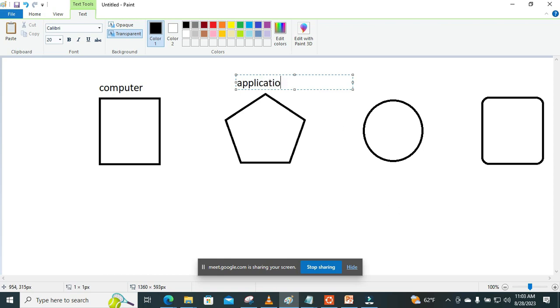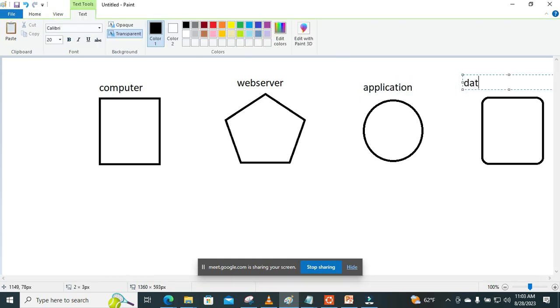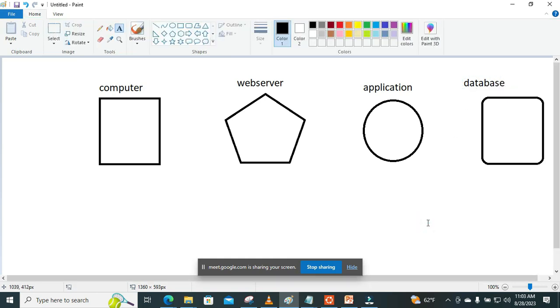No, this is not the application. This is the web server. Then this is the application, and then this is the database. This is how the situation works, right? Yes, sir. Okay,